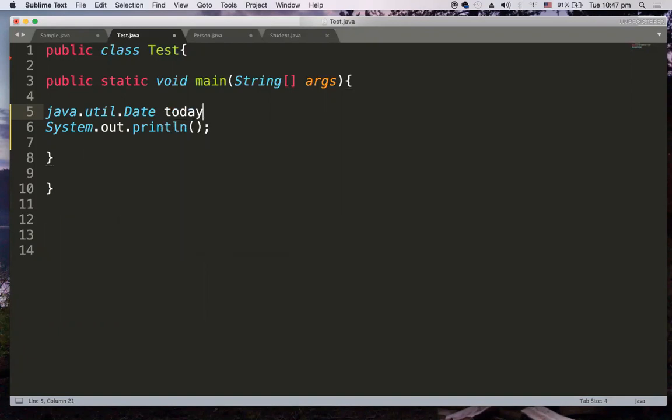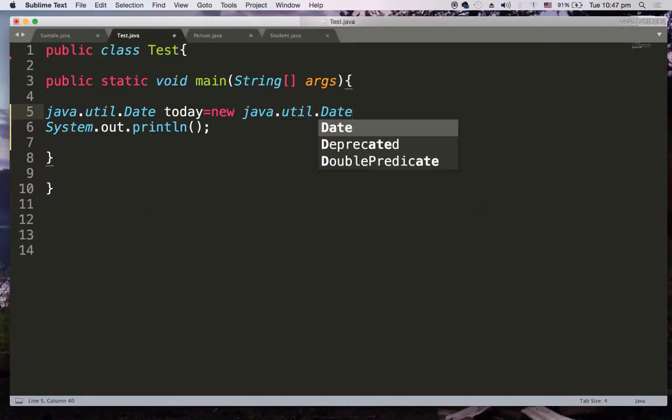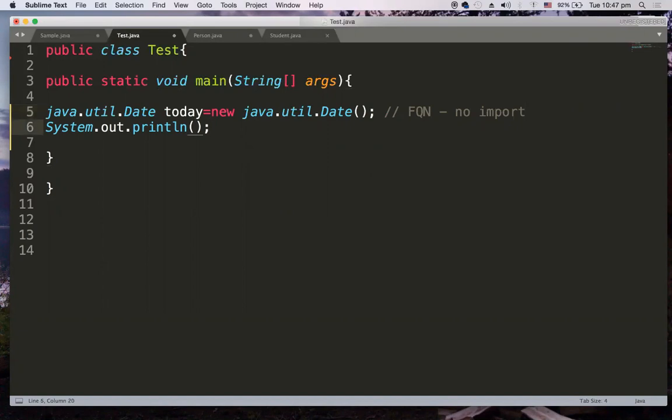So my reference variable is today: java.util.Date today = new java.util.Date(), the default constructor available in the util package of Java. I'm using the fully qualified name so that I need not import any package here. Then just print today.